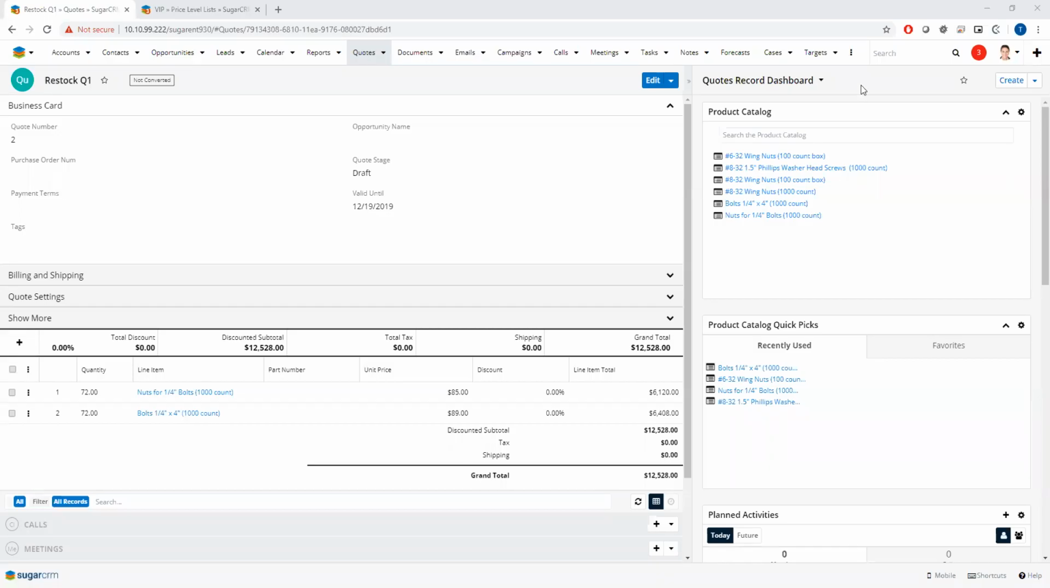Welcome to the Sugar Quoting and Product Pricing Matrix by FayeBSG demo. Today, we're going to demonstrate our Sugar Quoting and Product Pricing Matrix feature that we built for the Sugar Quotes